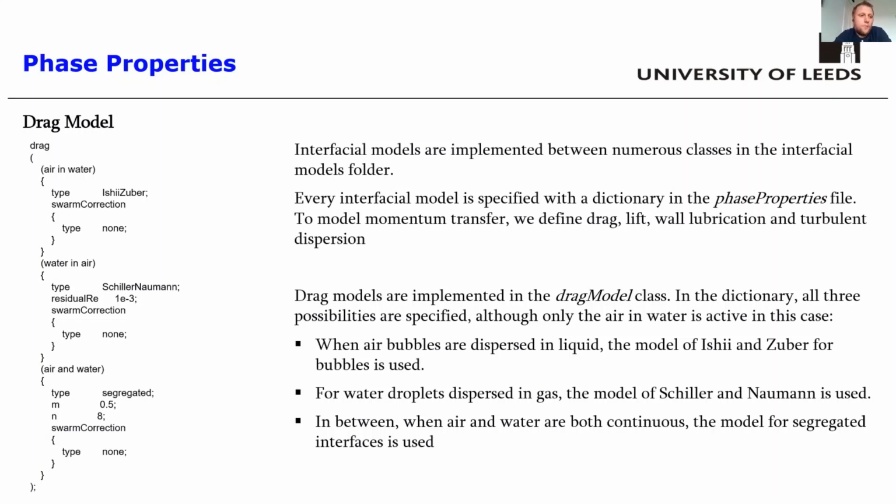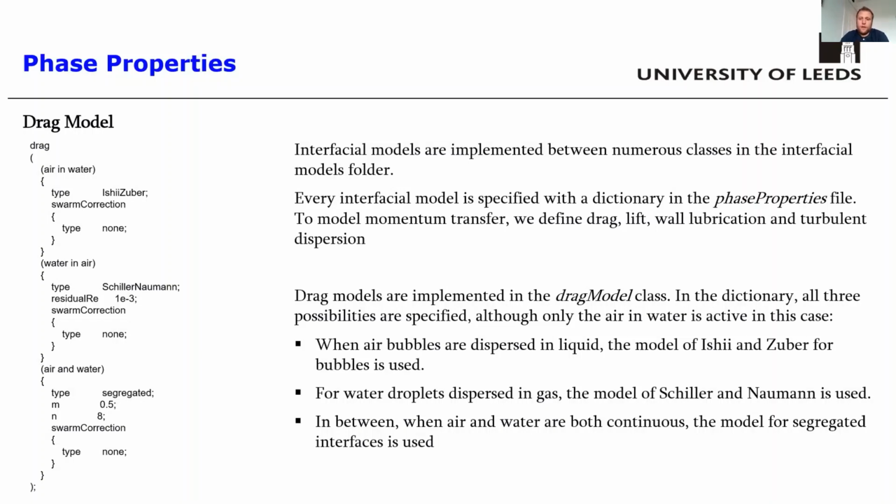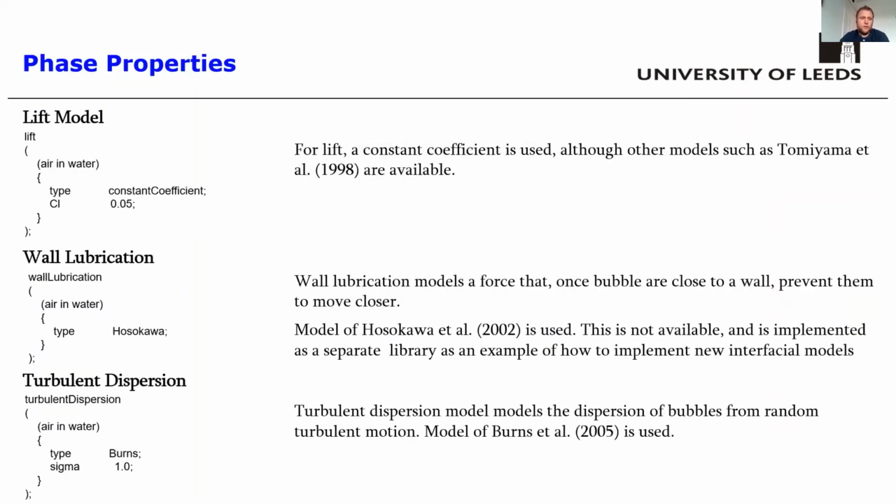There are many models available. You can have a look at those if you go in the interfacial models folder. In this case, we use the Ishii-Zuber correlation, which is quite frequently used for bubbly flows. And instead, for the other forces, as